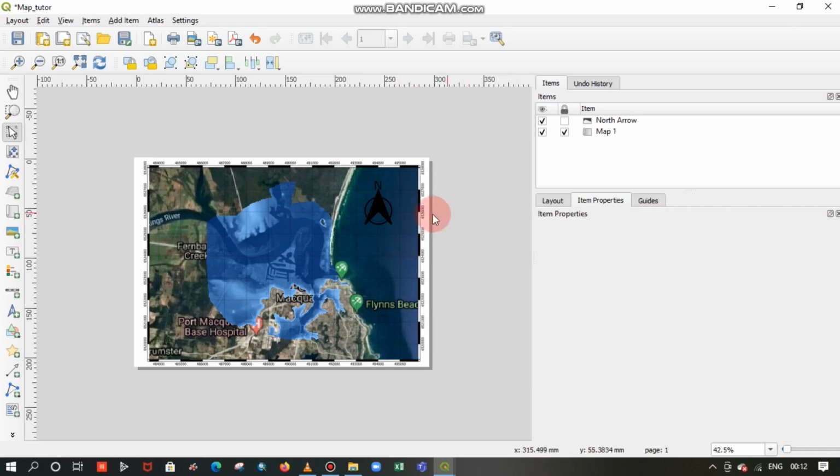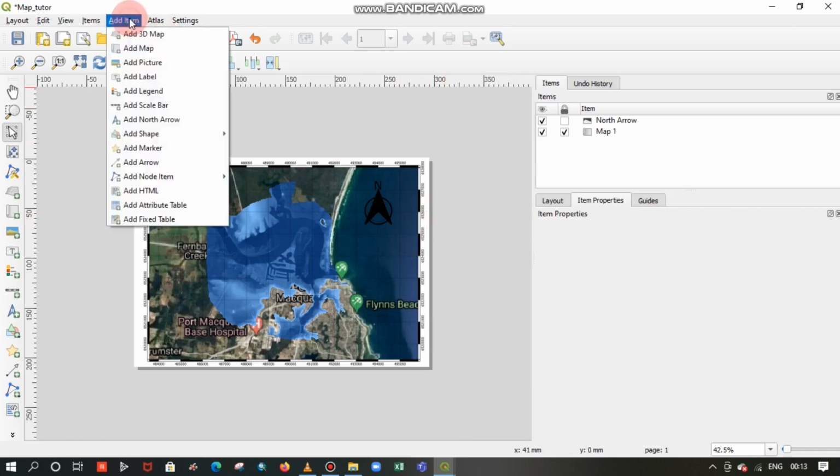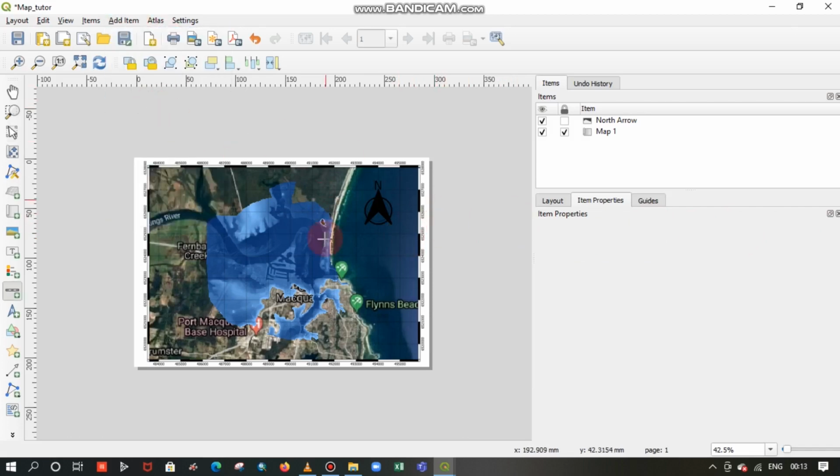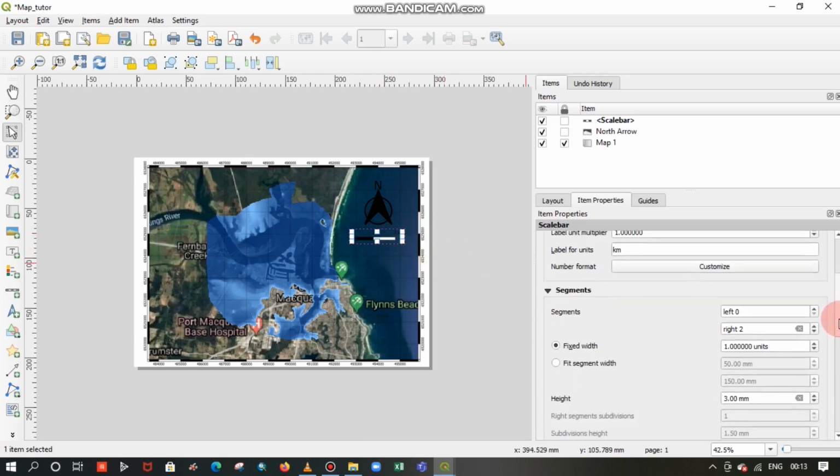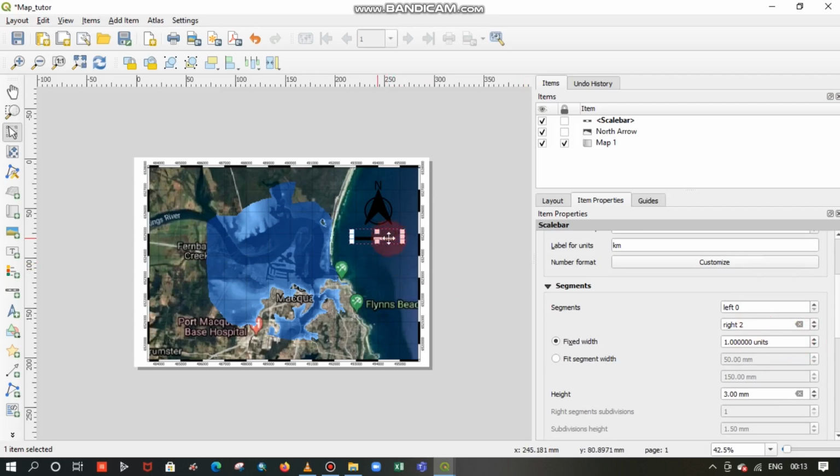Here is the north arrow, and I will try to change its color and its style also. I will change this fill color to black. It would be better if we make it black. Okay, it's fine. It looks good with this black color. And what else do we have left? We need to add the